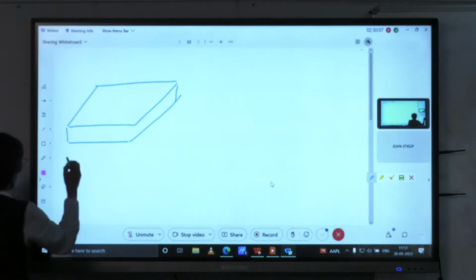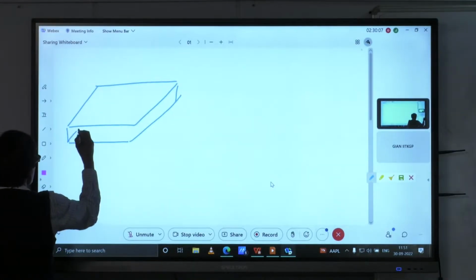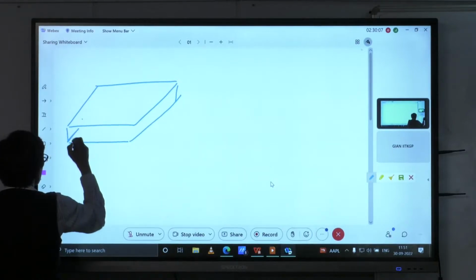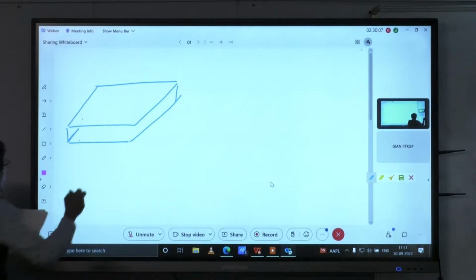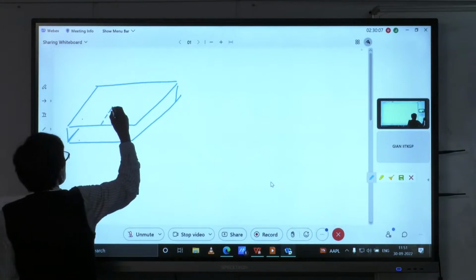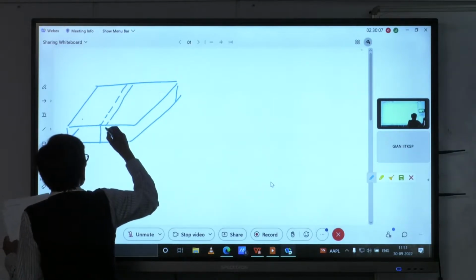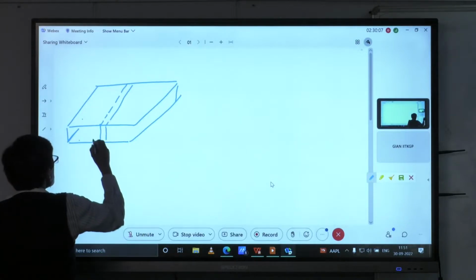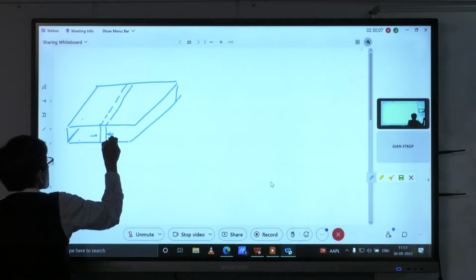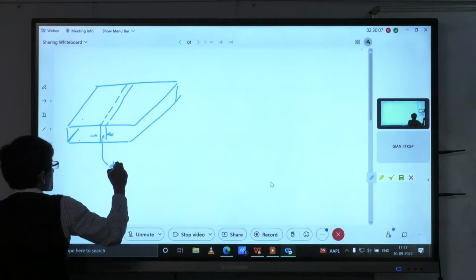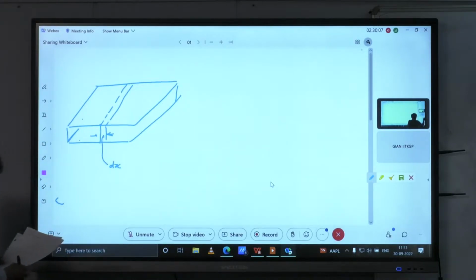Okay, so we have these two membrane sheets like this, right? So that's one membrane sheet, that's the other sheet. And what we want to do now is just take a thin section here, and we're going to call that dx. So this is dx. Okay, and then we are told various things about this. We are told that